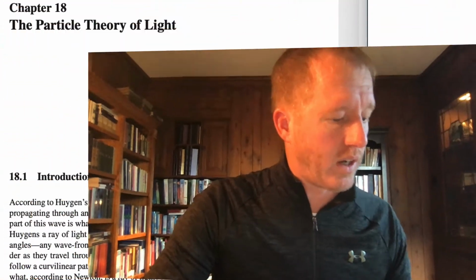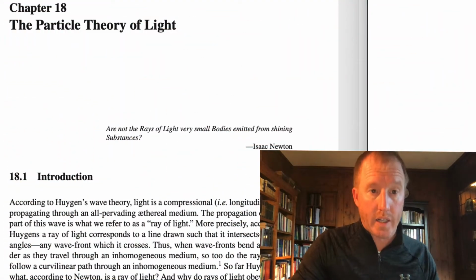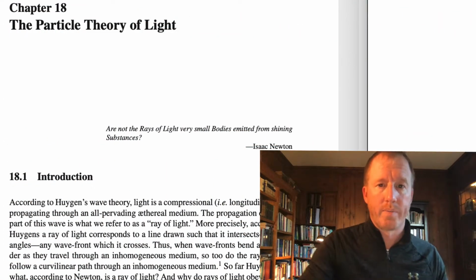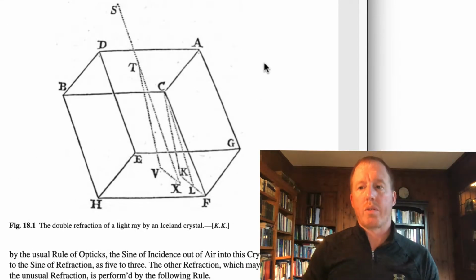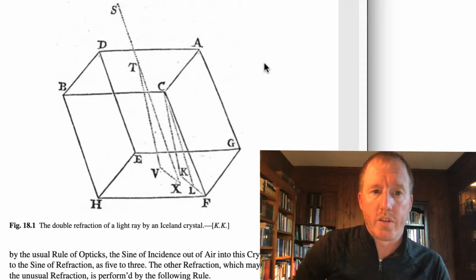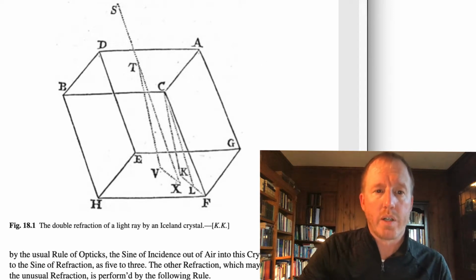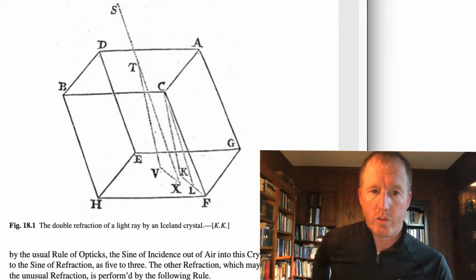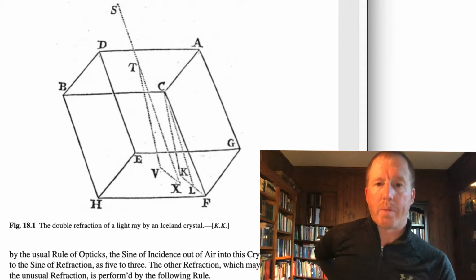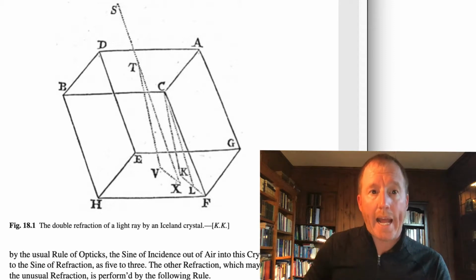So, last time, specifically, we began into chapter 18 in a student's guide through the grade physics text. This is on page about 209 in a student's guide, volume 3. And to remind you where we were, we were talking about Newton's study of birefringence. And so in figure 18.1 is depicted one of these pieces of Iceland spar or Iceland crystal. It's a kind of a parallelepiped that has a kind of a funny angle to it, and